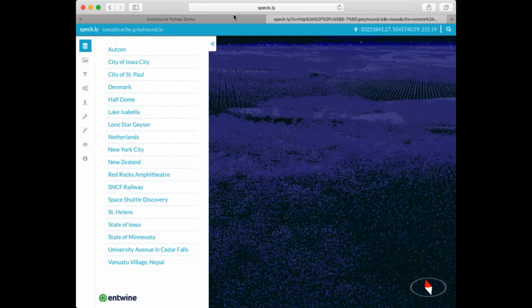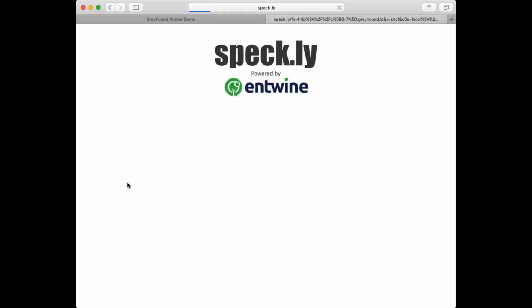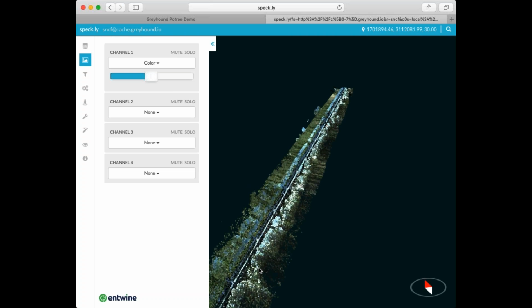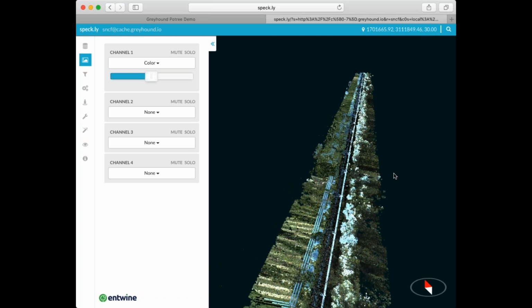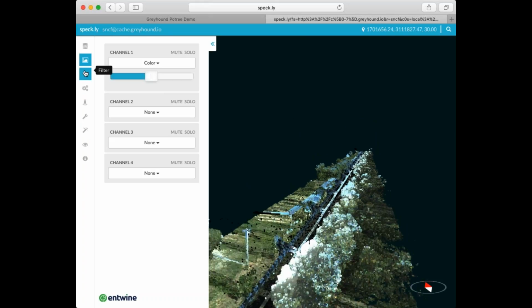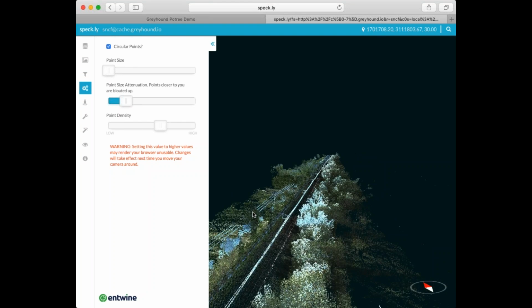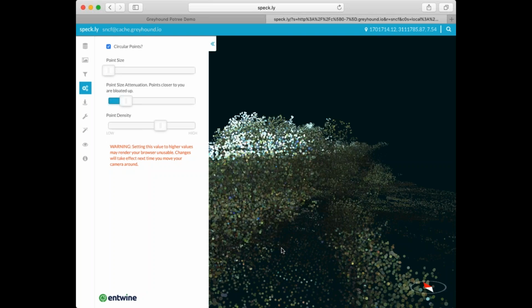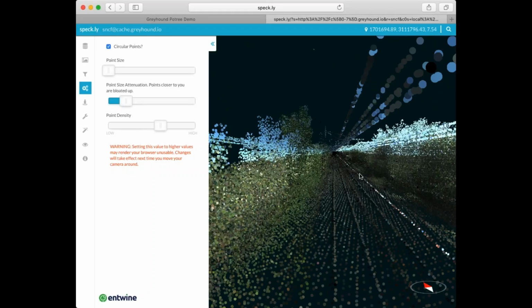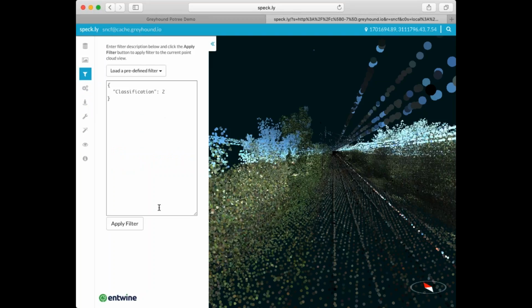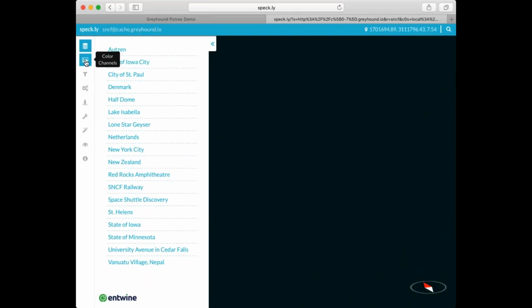On the Speckle website, there are a number of public resources that we have available to us. Another scenario that might be interesting to folks on the call would be your typical mobile scenario. So this is a railway, I think in France, that was recently posted of some mobile data collection, and it's a very detailed mobile collection that allows users, if they want to do measurement or look at data quality, the ability, instead of simply a tile capability, if the data are classified, the ability to